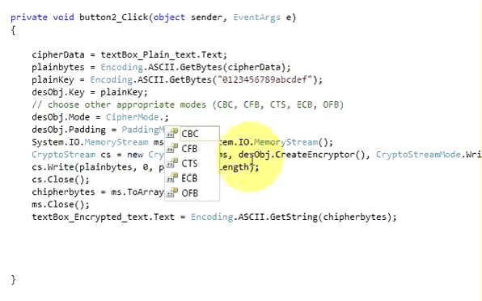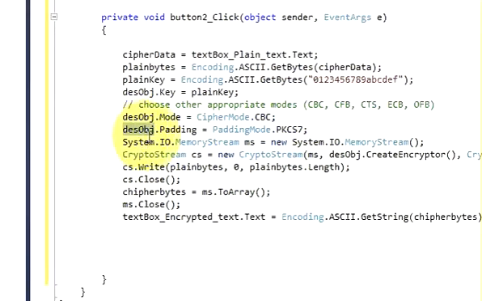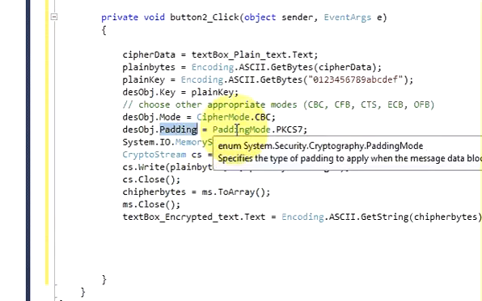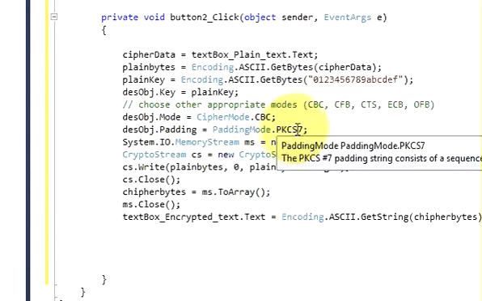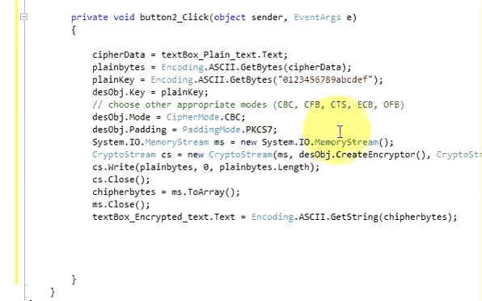Whatever kind of cipher mode you want, just select according to yourself. I am just selecting CBC mode. And then write the DES object, which we have also declared above, dot Padding. This is the padding for your text, is equal to PaddingMode dot PKCS7, which is a standard padding mode for your encryption. Then write System.IO dot